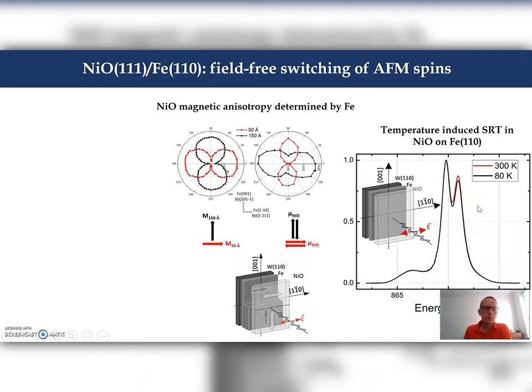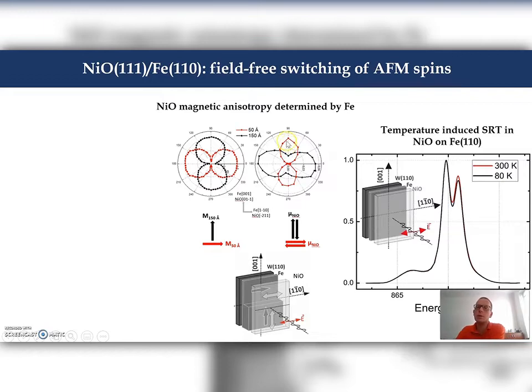And we may think about the in-plane magnetic anisotropy of iron here on the left side, as characterized with the magneto-optic Kerr effect. You see the characteristic twofold nature of in-plane magnetic anisotropy is directly reflected here in the magnetic anisotropy of antiferromagnetic nickel oxide, as measured with